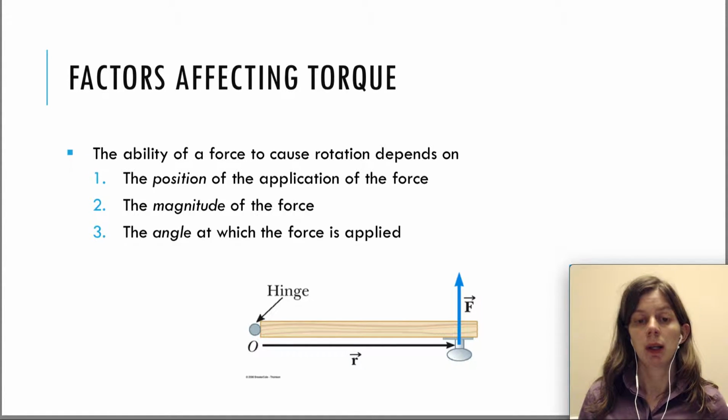So it's number one here, the position of the application of the force. That makes a big difference on how easy it is to rotate something. So you know from experience that when you're trying to open a door, you don't push very close to the hinge. That's hard to push when you push there. When you're trying to open a door, you push toward the end. So you're trying to maximize that distance from that pivot point where the hinge is